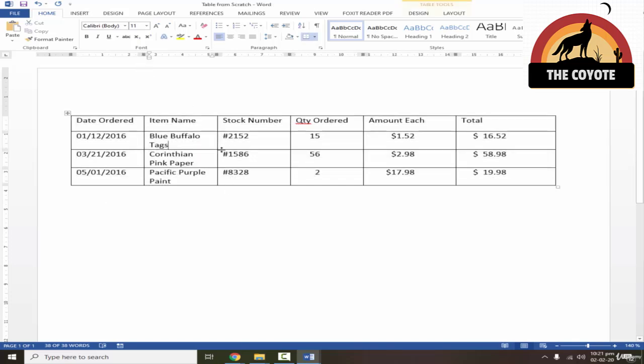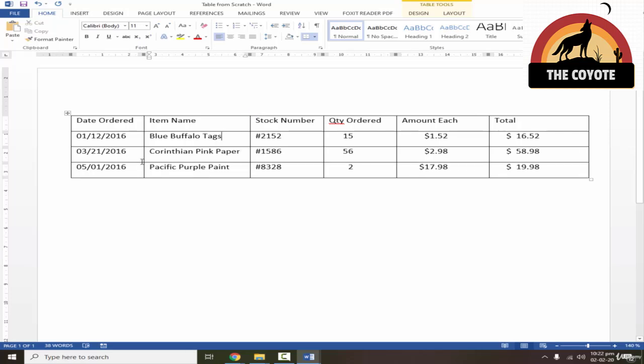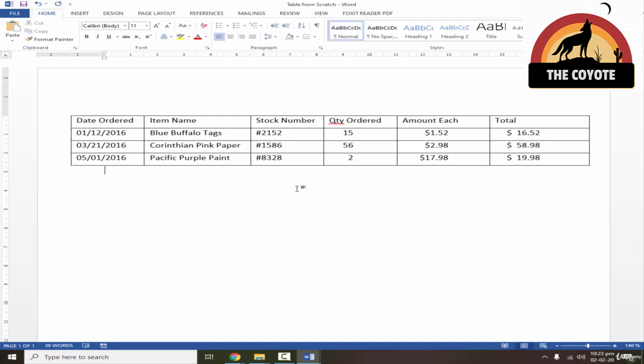But if we notice here that item name needs a little bit of space, otherwise it increases the row size to fit in this area, but I need item name to appear in one single line, not two lines. So I'll just hold the column and move it towards the right. Now this is perfect. If you notice again that this space is more than we required, you can just reduce the size of it. Now this is perfect. Now comes the turn of formatting this table.